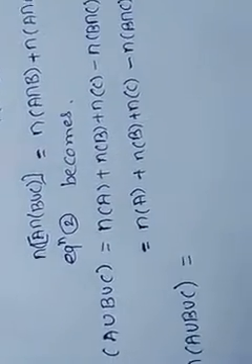Okay, which can be written as n of A union B union C is equal to, first we write n of single terms, single sets, n of A plus n of B plus n of C. Okay, again here if we see intersection of two sets, they are all negative, so we write minus into bracket addition of all these, n of A intersection B, n of A intersection C, n of B intersection C. Okay, and addition plus of all three sets, A intersection B intersection C. Okay, which is our formula for n of A union B union C. Okay, this is our formula and required proof for the given example.